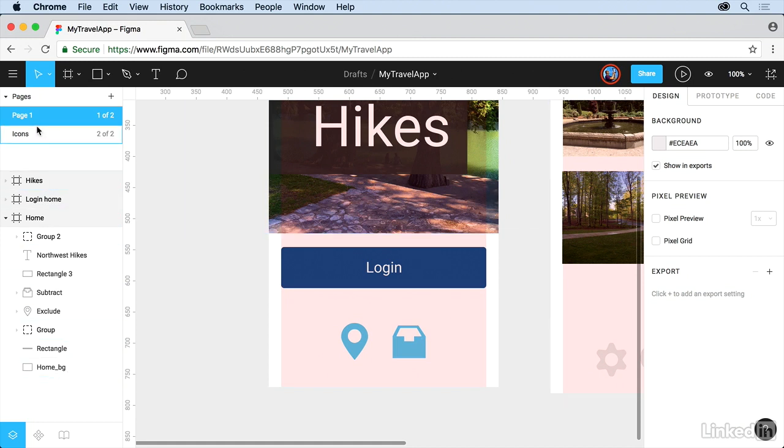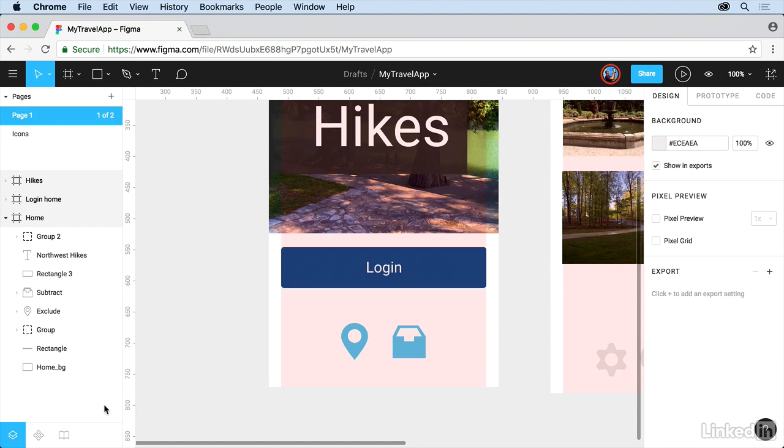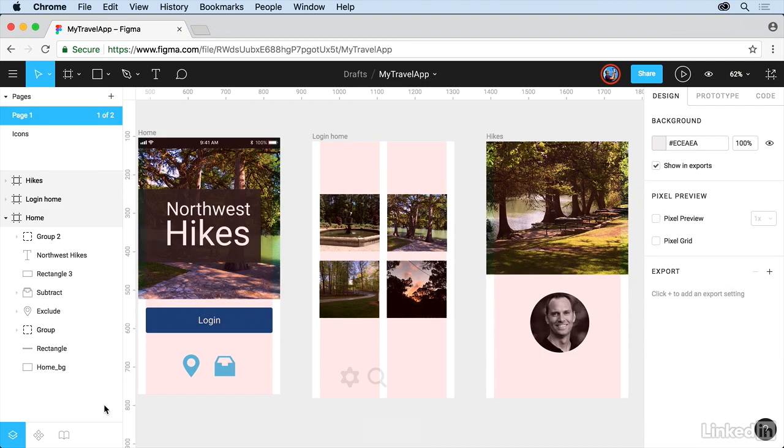It does share space with pages here, so if you see the pages, you'll see that it's part of the panel. And if you go from one page to the next, if you come here and actually click on one of these, you'll see that the Layers panel is only for that individual page, which is actually really useful, I think. All right, let's try and fit everything back in the window. If you press Shift-1, you can zoom to fit everything. There's a lot of keyboard commands we can use in here. And the next thing we're going to do is jump into one of my favorite features out here. We're going to start to talk about components that allow us to work smarter.